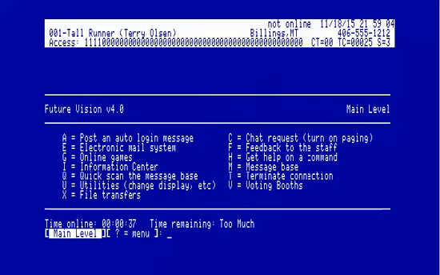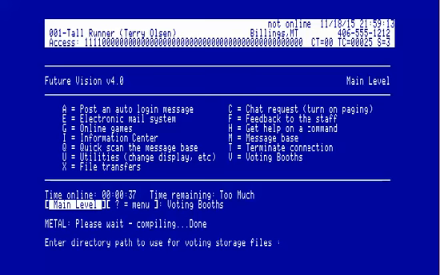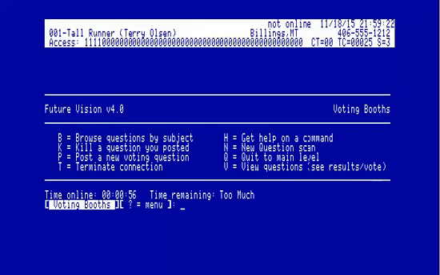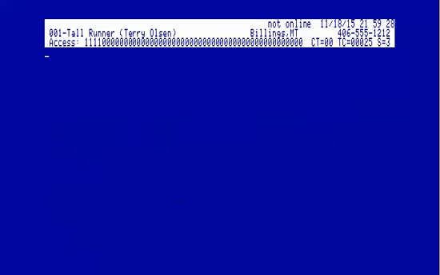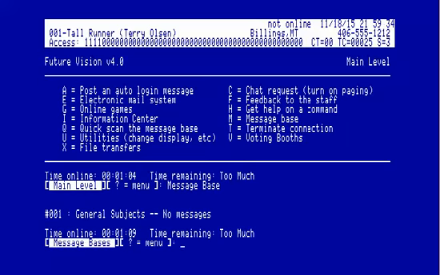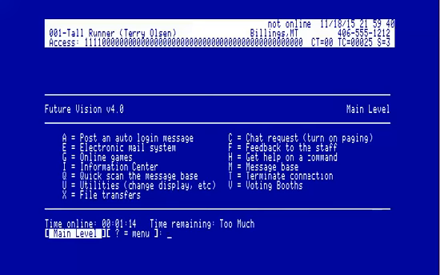Get help on a command. Message base. Terminate voting booths. Was there anything there? Compiling again. Vote. Alright. Nothing. Well, yeah. Voting booths quit. Was there anything in the message bases? Oh, no messages. Well, I believe we can go into the admin stuff, if I can remember what the right